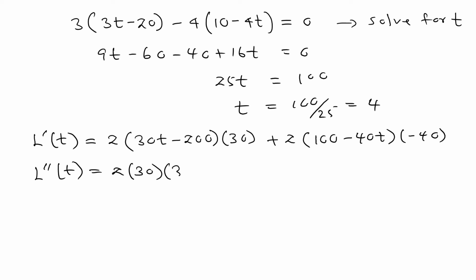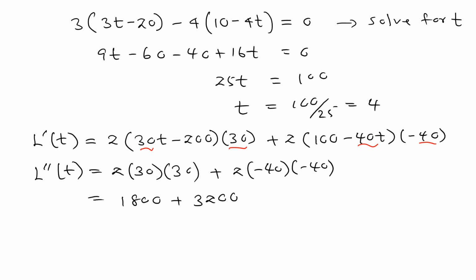So there are two 30s here, one from here and an earlier one. Plus the same thing: you had a negative 40, but you have another negative 40 when you take one more derivative here. So you get 1800 plus 3200, and clearly this is positive, so that means the second derivative